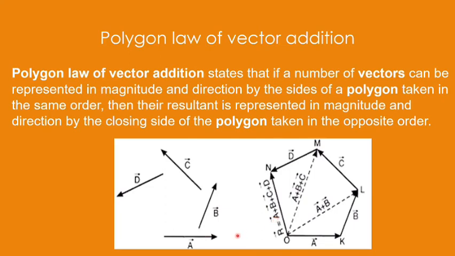So this is the polygon law of vectors if I want to add more than two vectors. Firstly, of course, you should be aware of the triangle law, and then you should be able to apply the polygon law. For this, you have to work in three steps, to find the resultant in magnitude and direction. These types of questions on the basis of the polygon law and triangle law can all be asked in numericals,